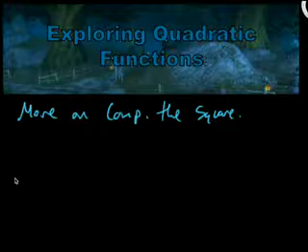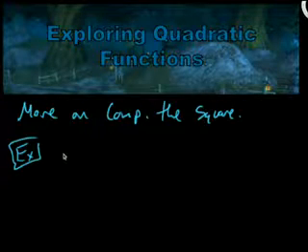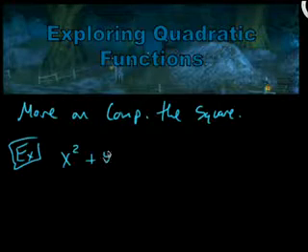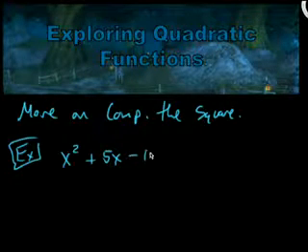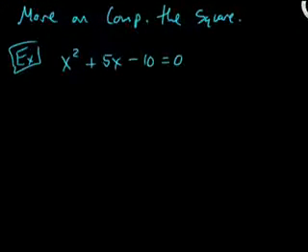So there's a couple types of examples that can be a little bit trickier that I conveniently avoided in my last video. Suppose I'm solving this by completing the square: x squared plus 5x minus 10 equals 0. So let's follow through the steps. So step 1,